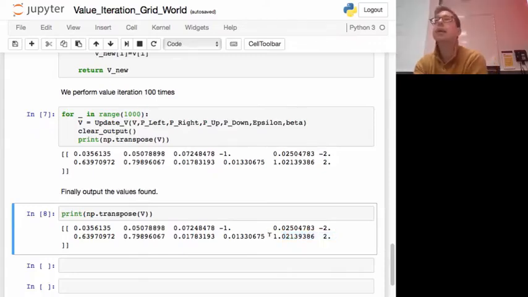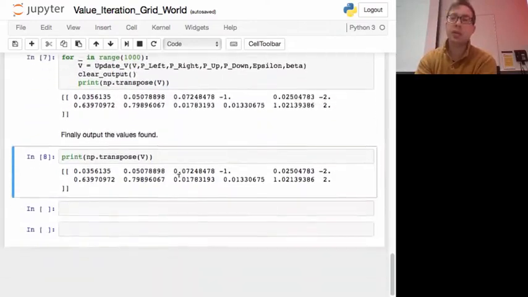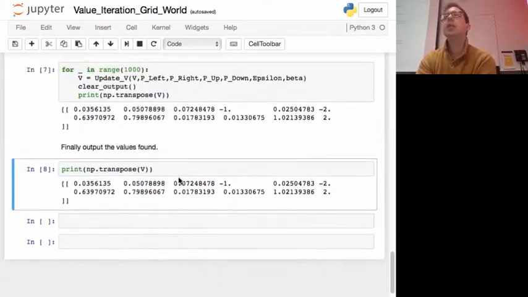I'll probably upload the code somewhere. Who here knows how to do some Python? Does anyone know Python? Anyone know how to program a bit? You don't need to know how to program Python for this course. I'm not really bothered about your programming skills. But if you do know a bit, then you can have a play around with the code. Okay, that's it for today.